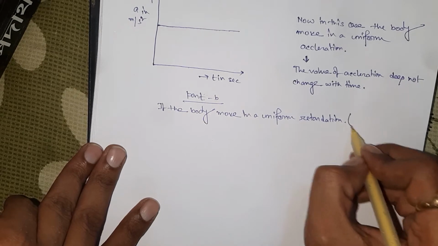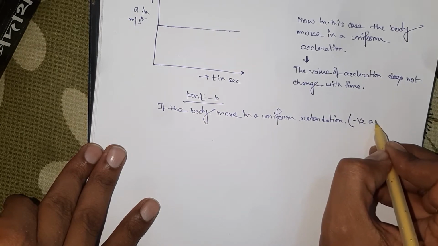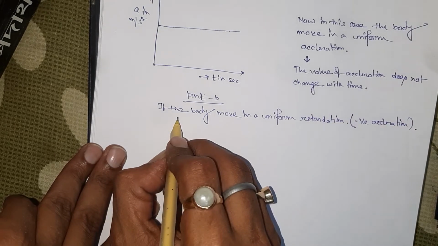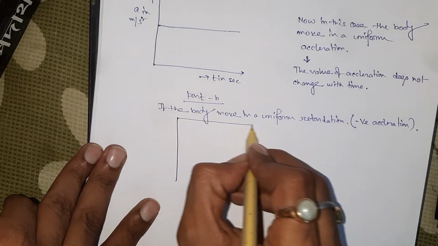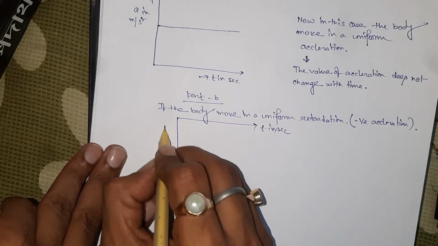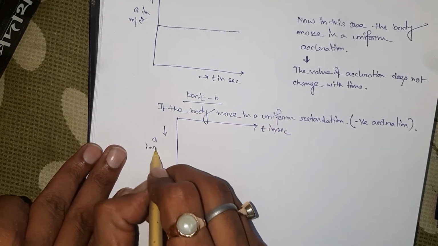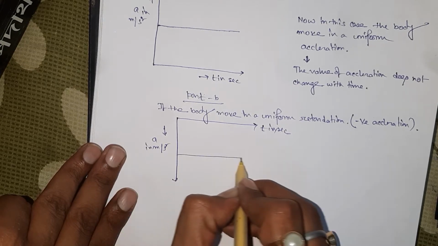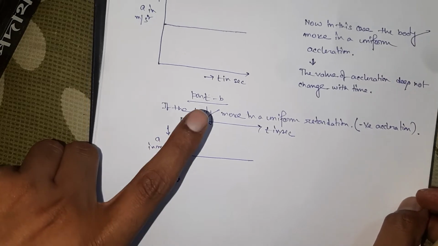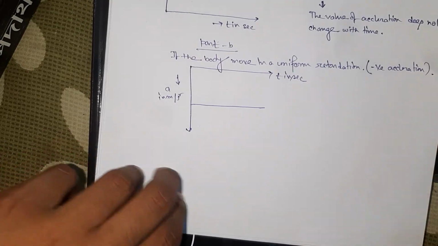Uniform retardation means negative acceleration. If these things happen, then the graph will be like that. T in second, acceleration in meter per second square, the graph will be like that. That means negative quadrant, we consider that. Okay, now